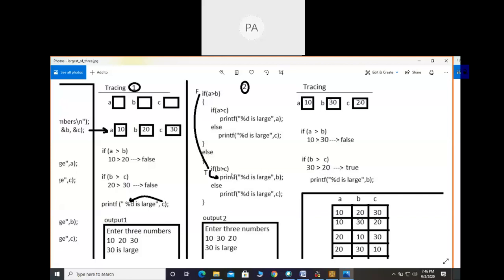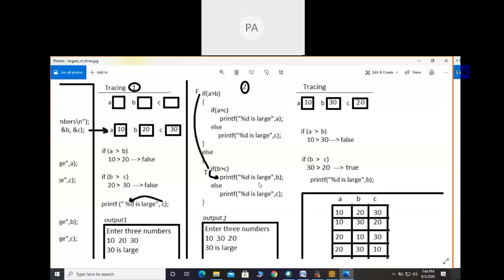So the statement immediately following the condition b greater than c is executed. That statement is %d is large. See, in printf I have written one common message, that is %d is large, and wherever required I have written the variables a, b and c. In this case I have written b, so the b value is substituted here. If by mistake you write c instead of variable b, it is wrong.